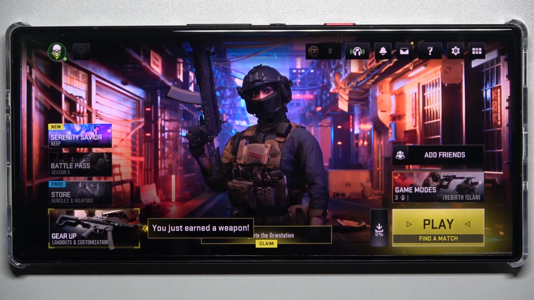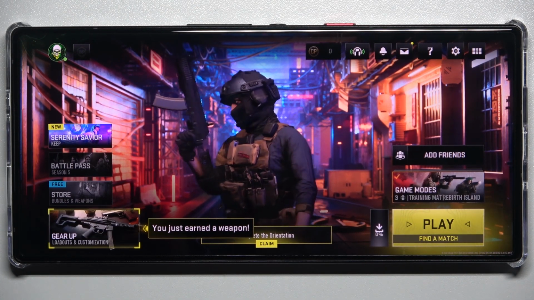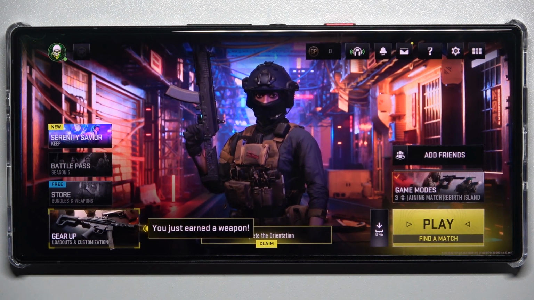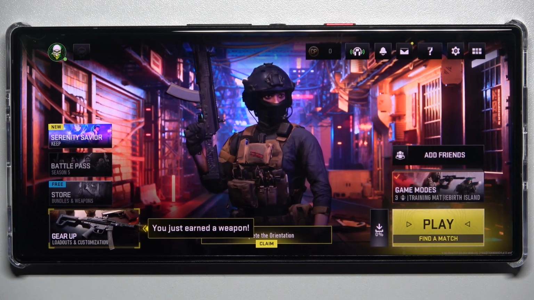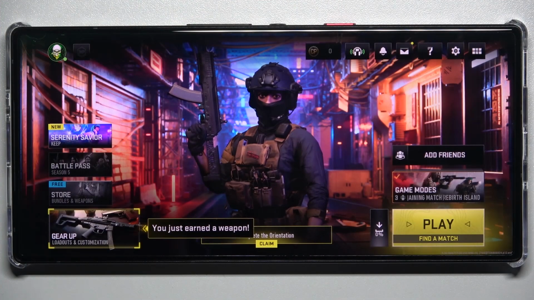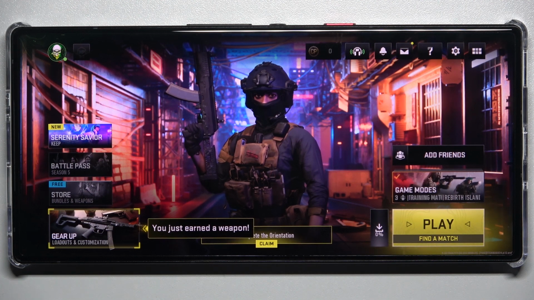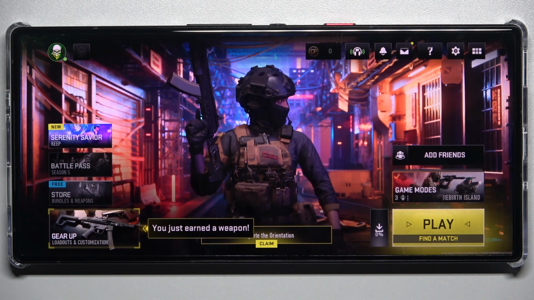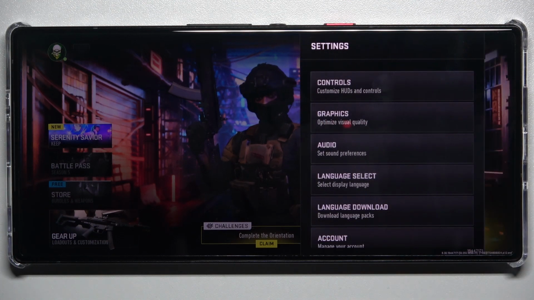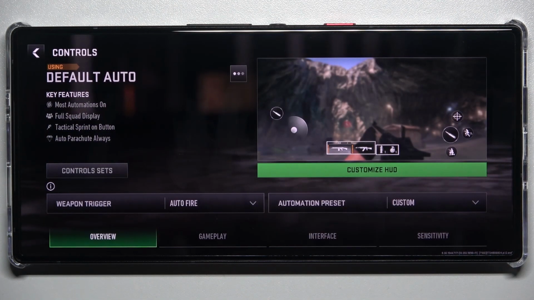Hello, in this video I'm gonna show you how to adjust HUD presets and customize HUD in Call of Duty Warzone Mobile. To choose an HUD preset and customize HUD in Call of Duty Warzone Mobile, click on Settings icon, then Controls,